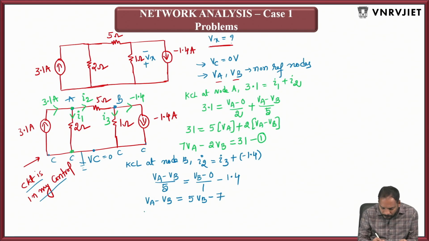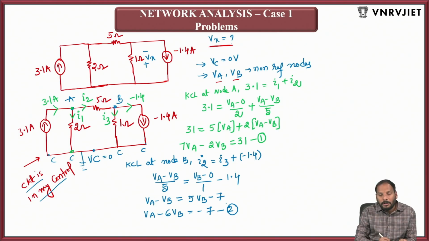So from this, VA minus 5 VB is equal to minus 7. Taking this 5 VB to the left side, we are having minus 6 VB. So VA minus 6 VB is equal to minus 7. So this is equation number 2. So two equations, two unknowns. So upon solving